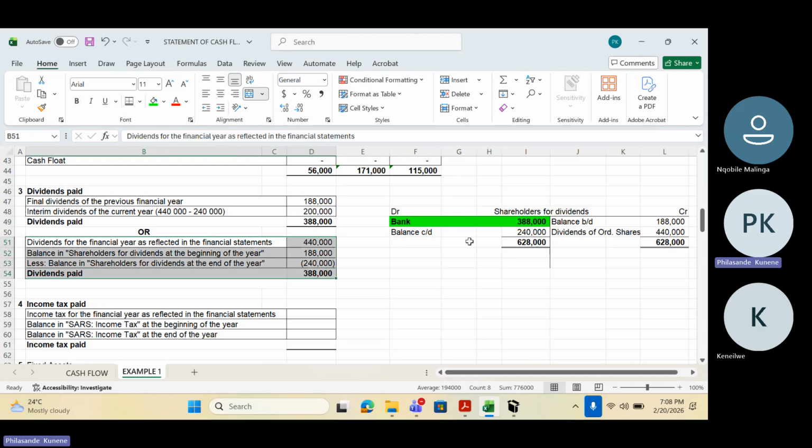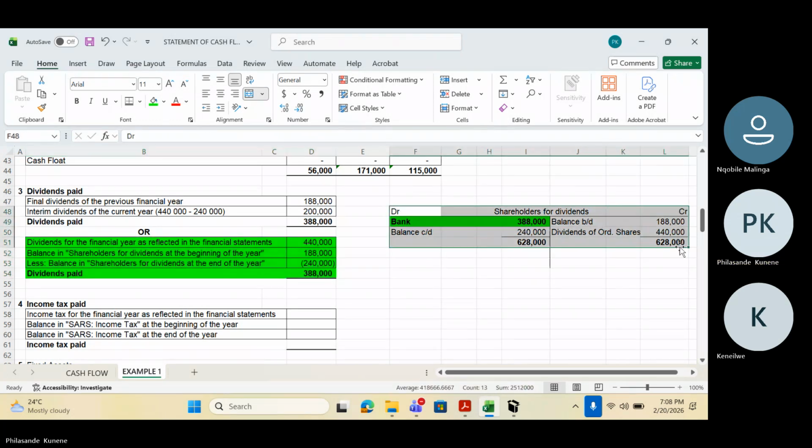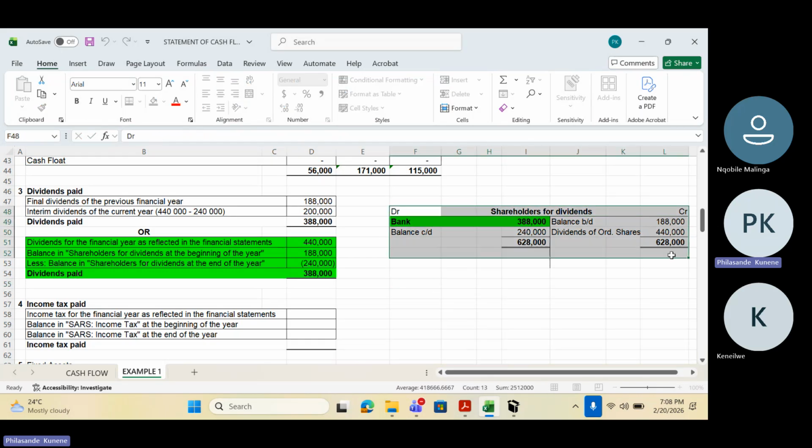Can you see? This is like a T account in the form of a note. They wrote it in the form of a note, but it is actually a general ledger account. Same thing. I always prefer a general ledger account instead of a note, because now it means you have to